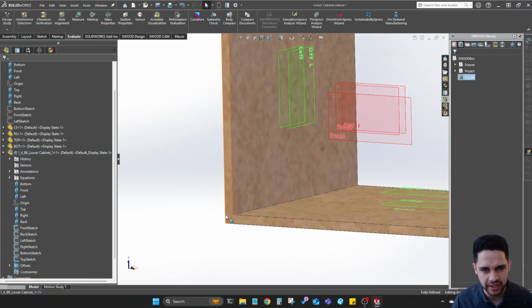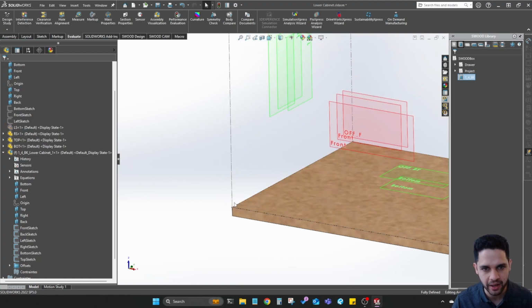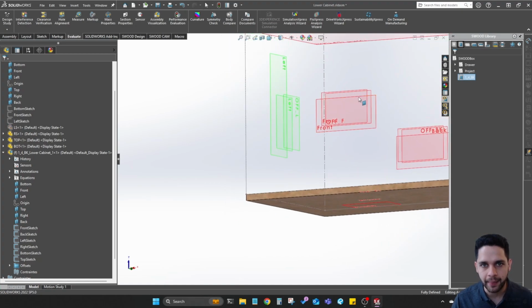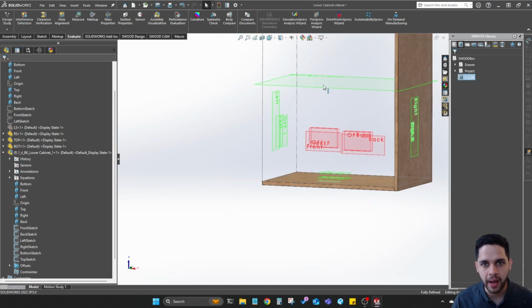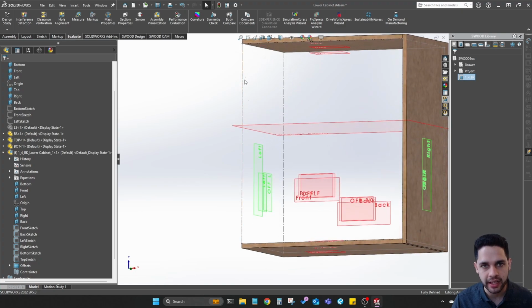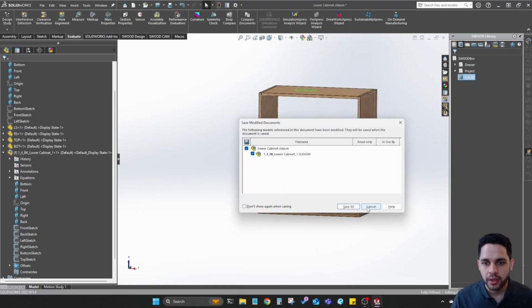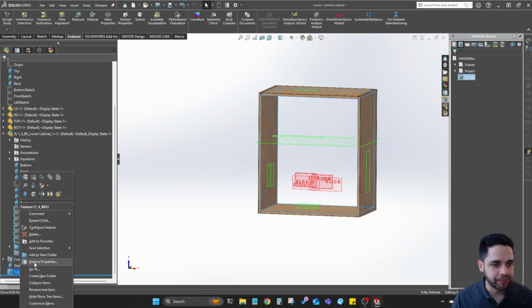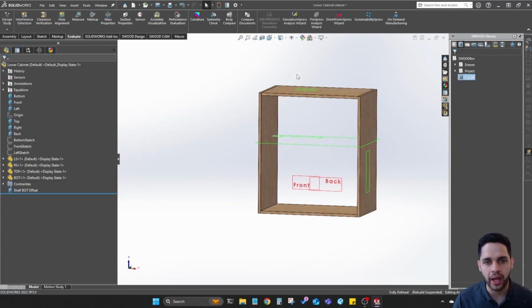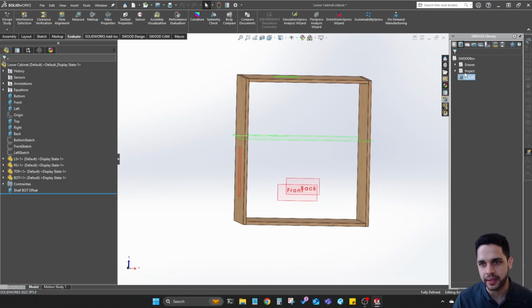It's kind of faint, you can barely see it, but the bounding box of my SWOODbox is on the inside of that frame. So now that you guys kind of know where the SWOODbox will be inserted,